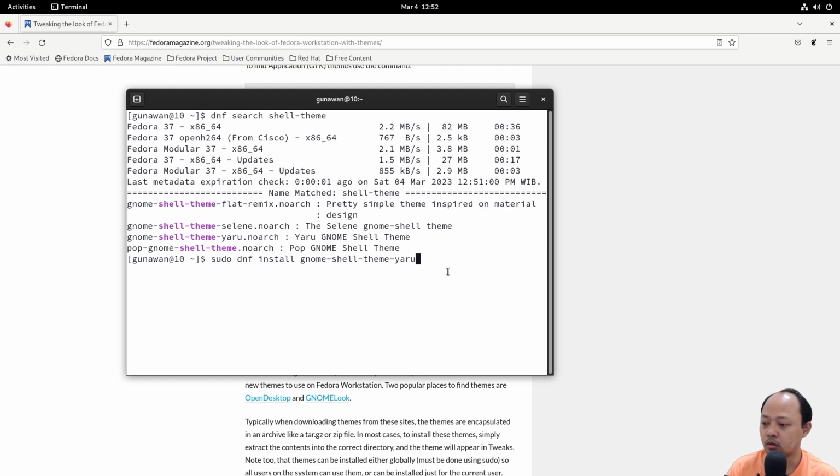Before installation, just for your information, I'm still using the user Gunawan, and user Gunawan is in the sudoers, so I can use sudo. Okay, enter.